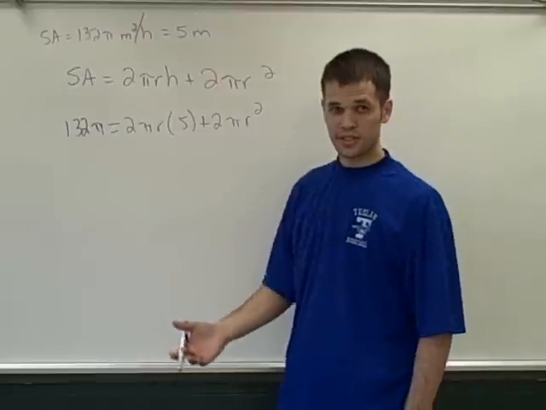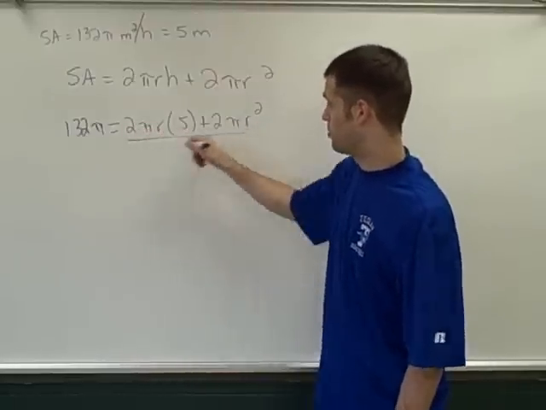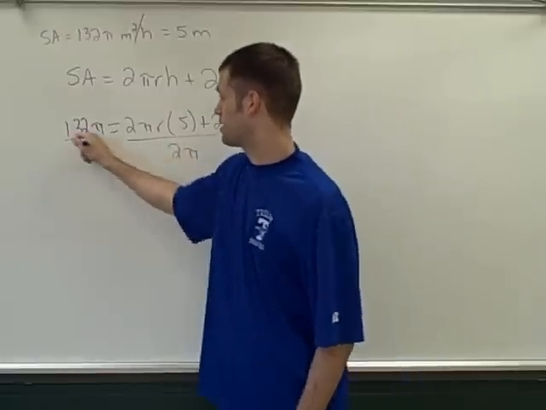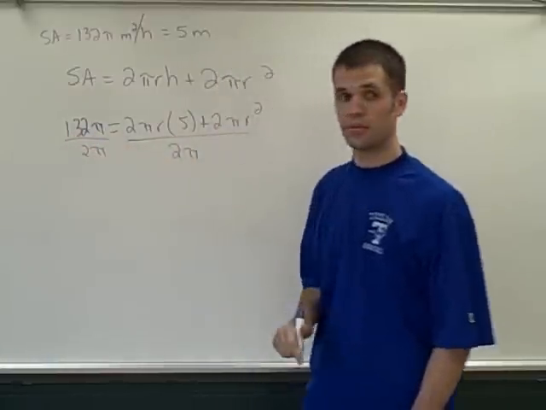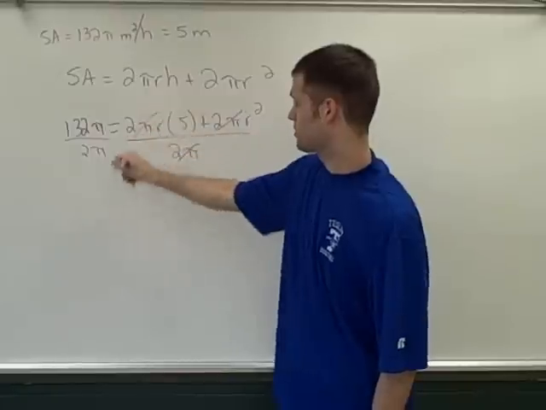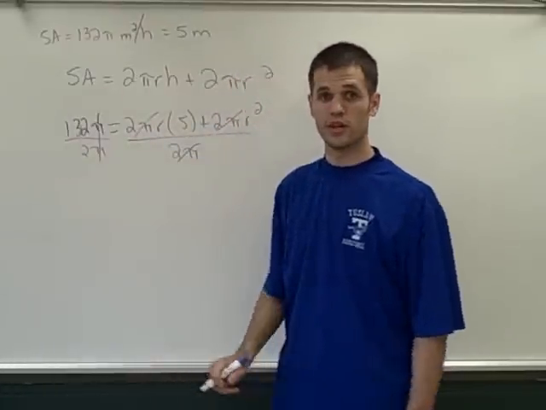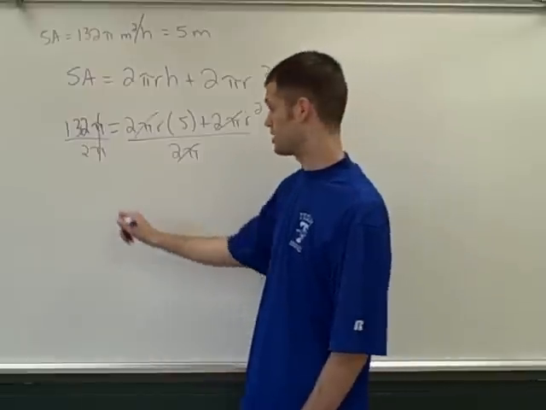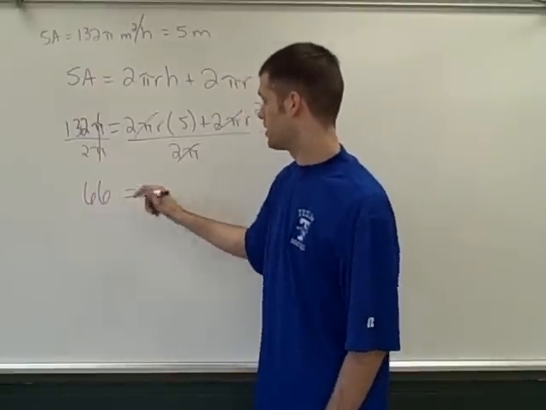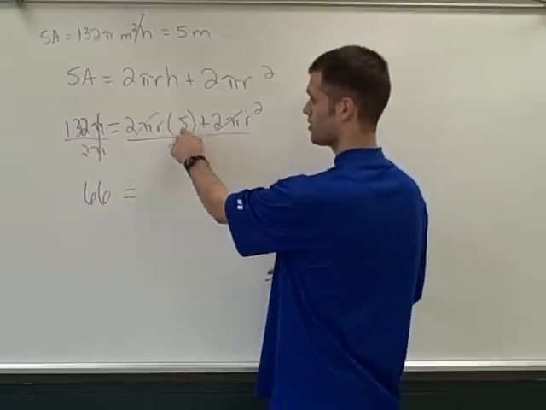Okay, the first step in all of these types of problems is we're going to divide both sides by 2 pi. And by doing that, it cancels the 2 pi's over here and the pi over here, and then half of the 132. Half of 132 is 66. Equals what's left, so 5r